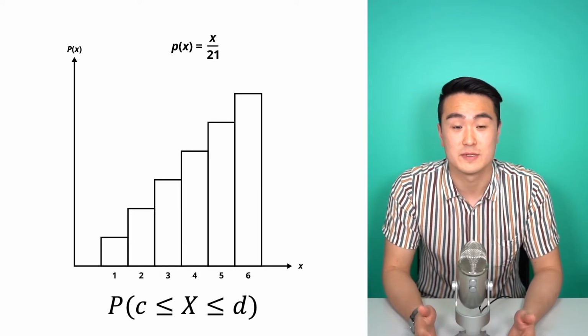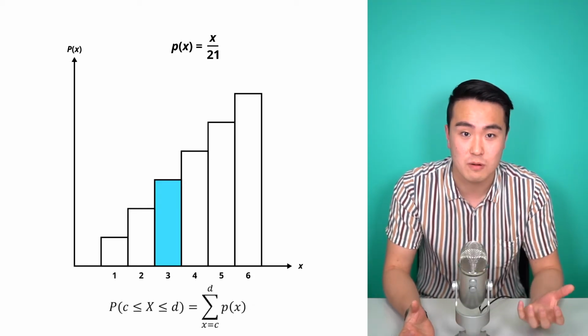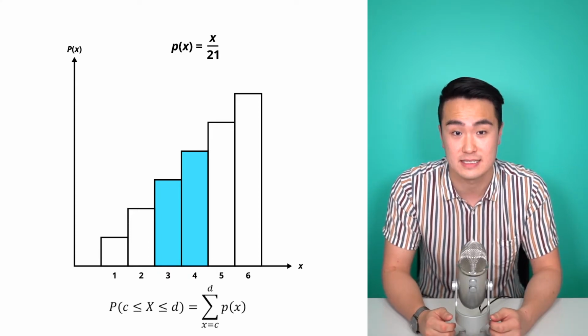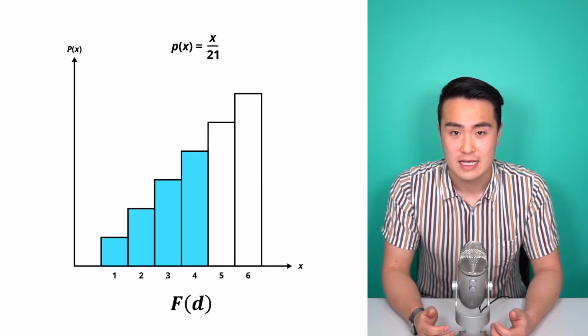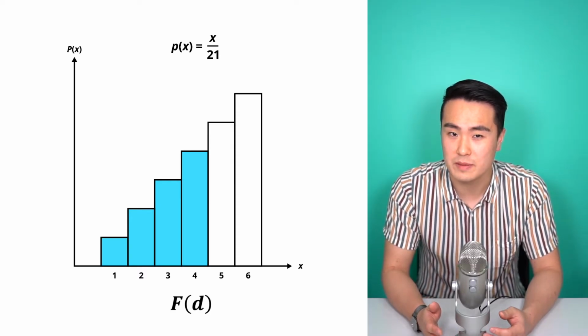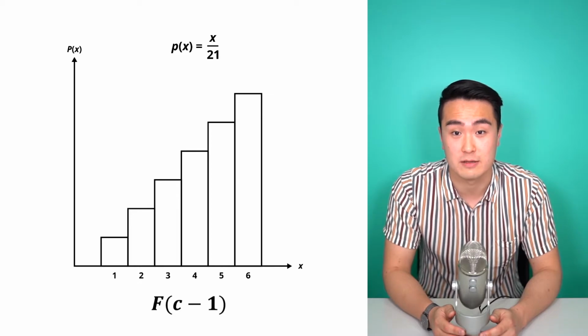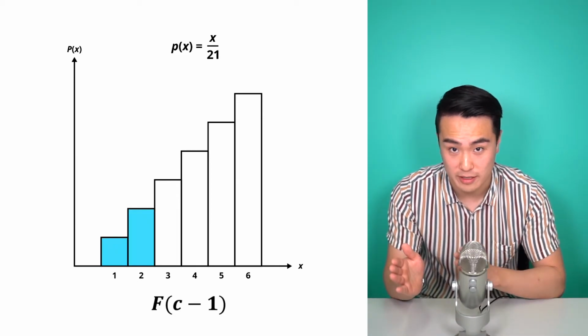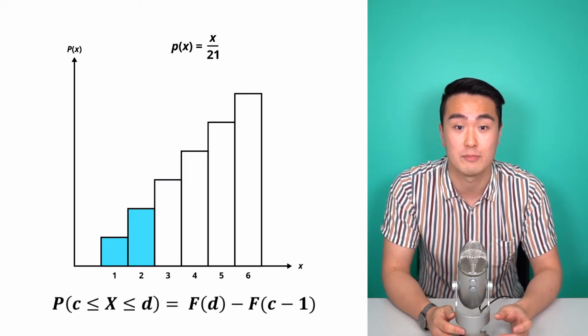Another classic question is to find the probability of a range of outcomes. To calculate probabilities between outcomes C and D, you can either physically add each probability of the PMF from C to D, or you can use the differences in CDF. Since F of D is the probability from A to D, and F of C minus 1 is the probability from A to C minus 1, by taking the difference of the two CDFs, we can obtain the probability between